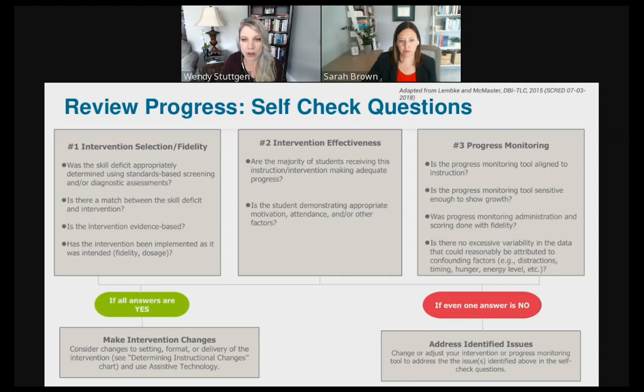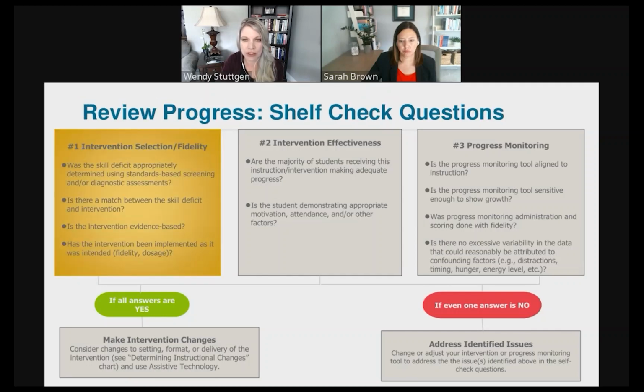So let's take a closer look at why and how teams can use these questions to guide those decisions. After the intervention plan is developed, the next step is to implement the plan and determine if the intervention is being implemented with fidelity. This is often an overlooked step, with implementation integrity often a common cause for a student's lack of response